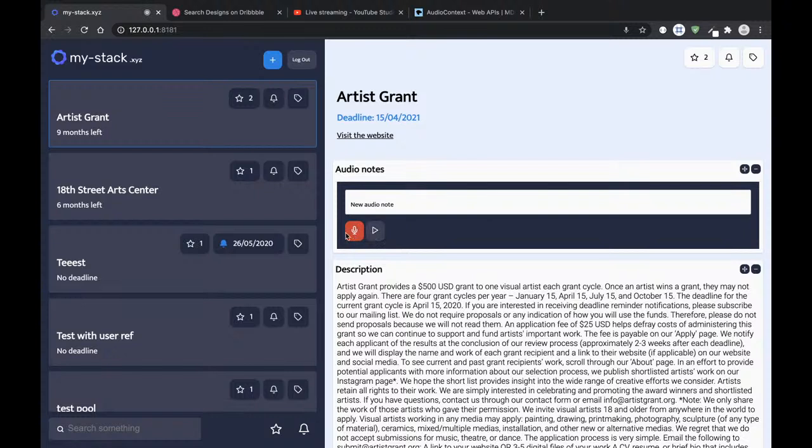It should be hiding this one. No. Yeah, maybe change this to, okay, so it goes from record to pause. The icon of this one goes from record, the second click it goes pause, and then